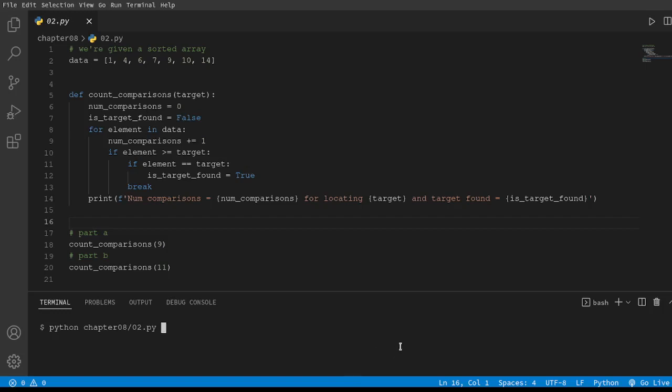Welcome to chapter 8. Here's a second question. We're given a sorted array and we are asked to count the number of comparisons required to find the target. We can write a program to accomplish this. So we start by initializing the counter to 0 and then increment it by 1 every time we iterate through